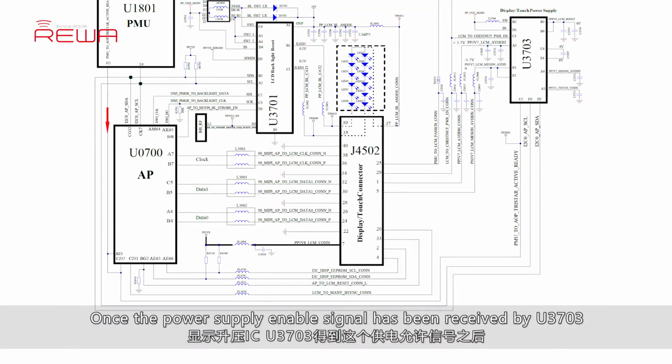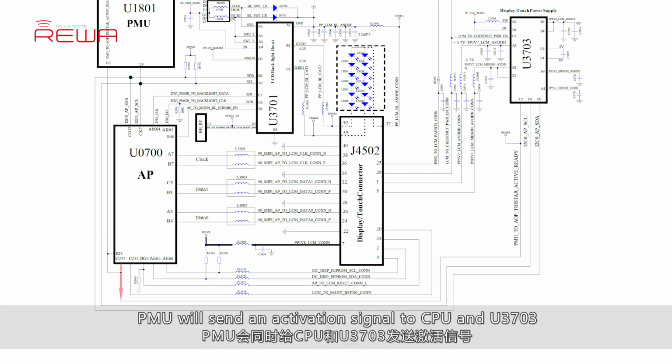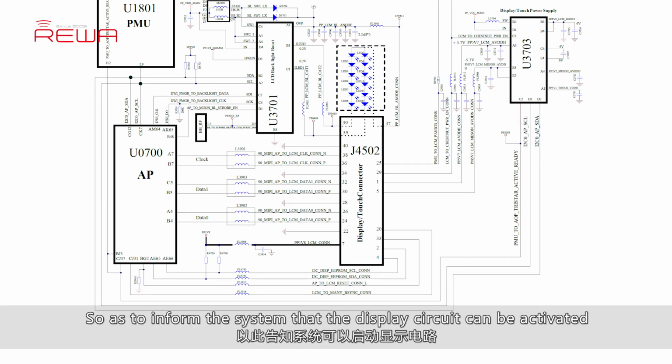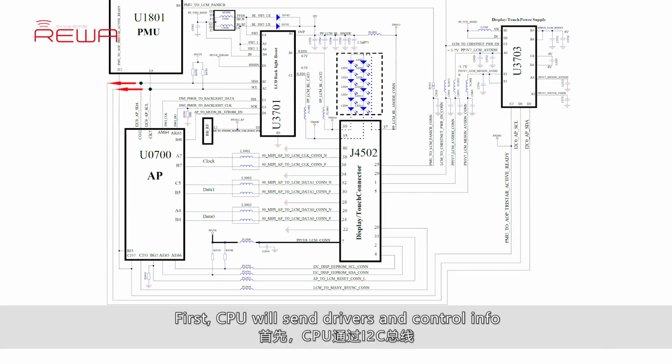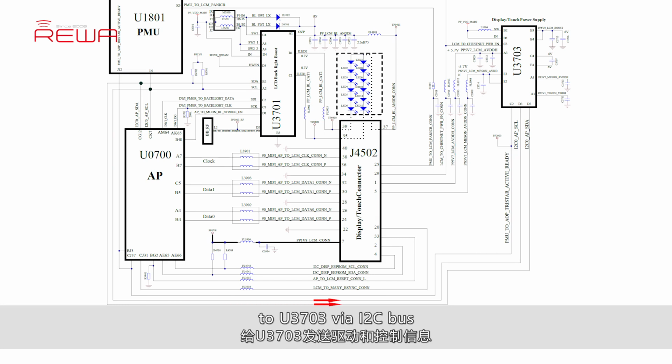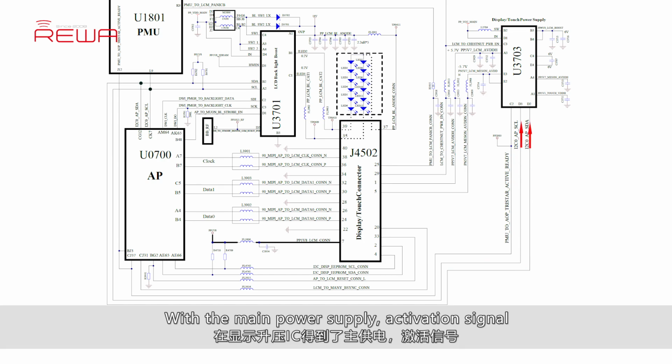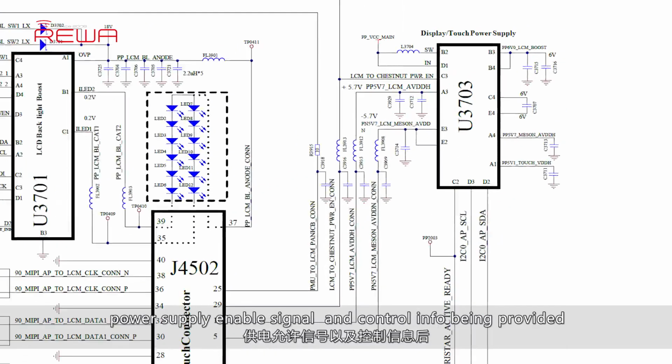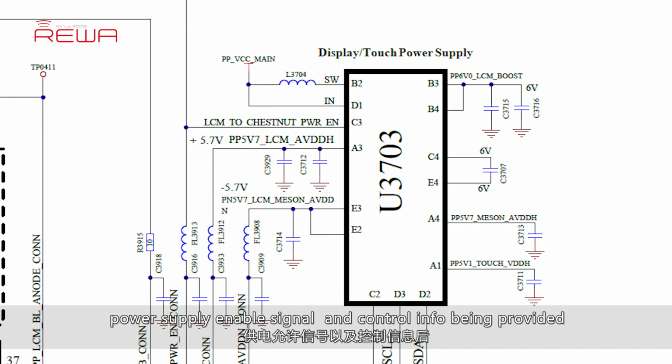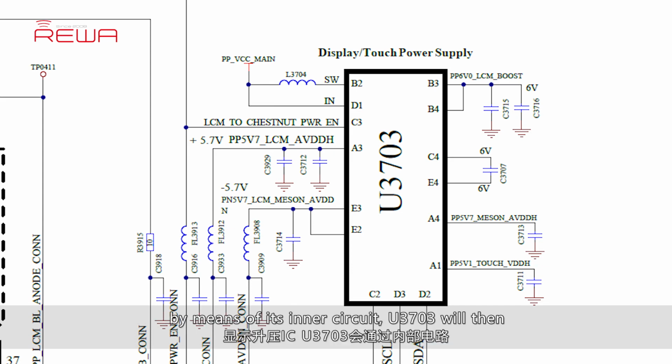Once the power supply enable signal has been received by U3703, PMU will send an activation signal to CPU and U3703, so as to inform the system that the display circuit can be activated. First, CPU will send drivers and control info to U3703 via I2C bus, with the main power supply, activation signal, power supply enable signal and control info being provided. By means of its inner circuit,